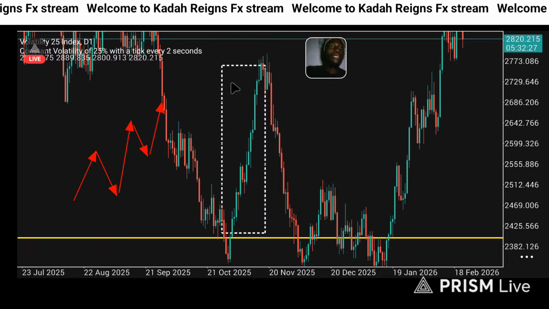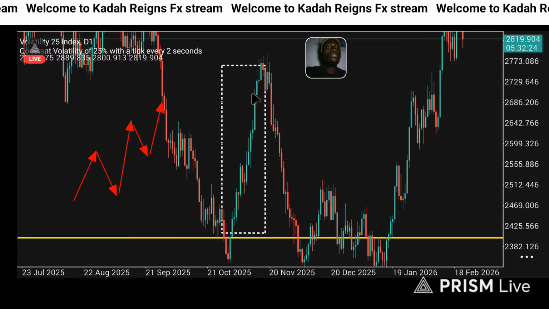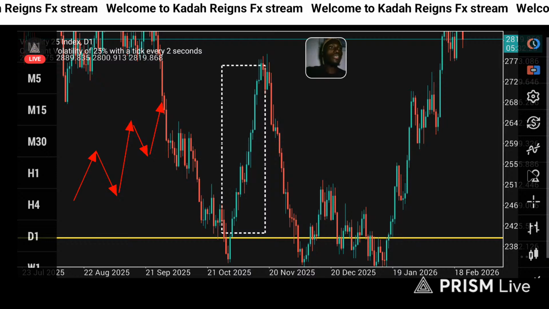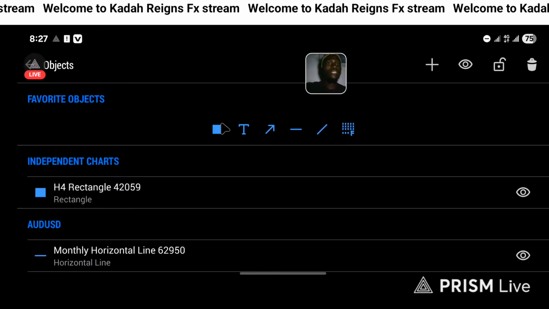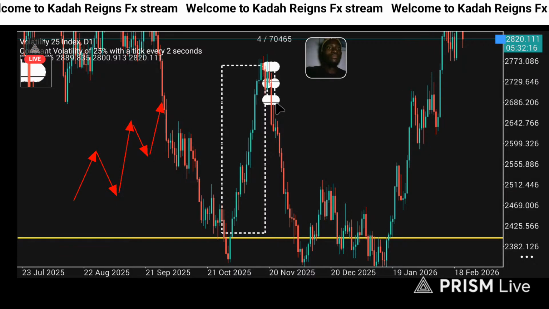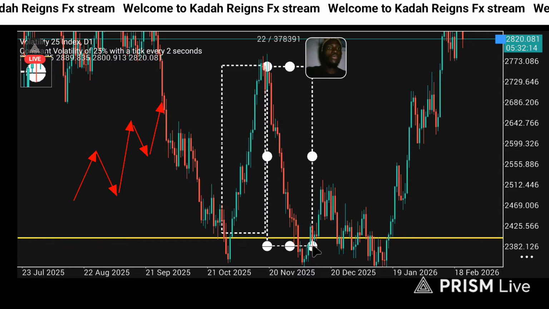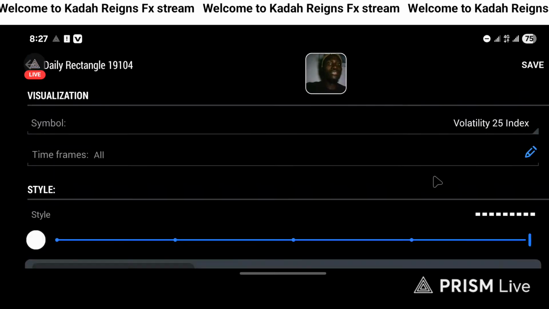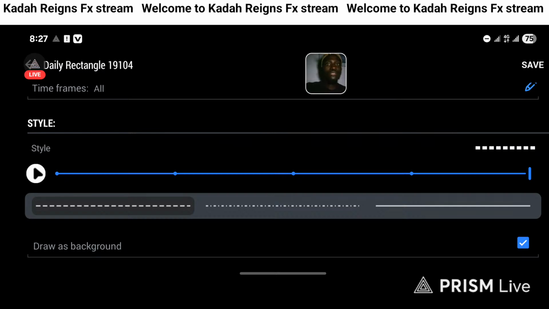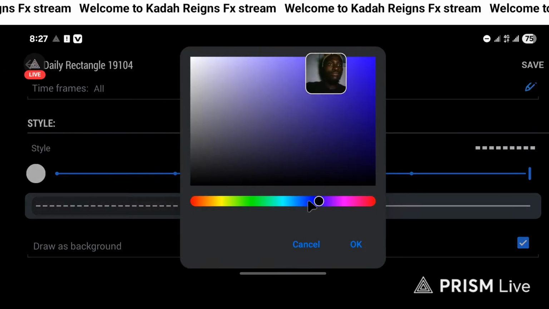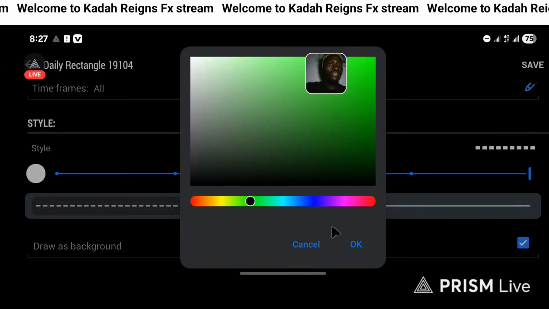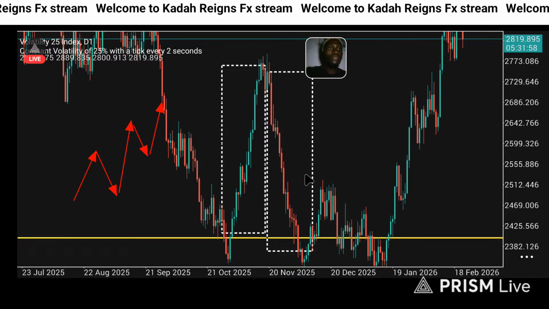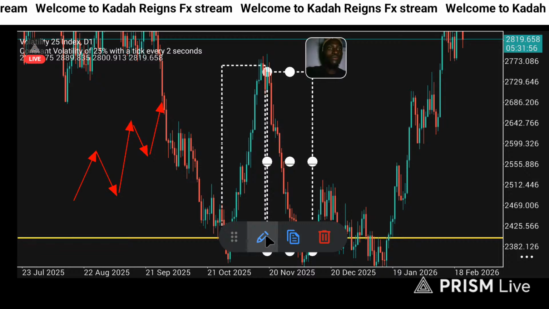So you want to be focusing much on buys when you are in a bullish market, and this is an example of a bearish market, right? I'm just going to select a rectangle right there next to the bullish market. This is an example of a bearish market. So let me just change the color. Let me put lime or green, something like that, and say save. So this is an example. Oh, it didn't save. I want lime.